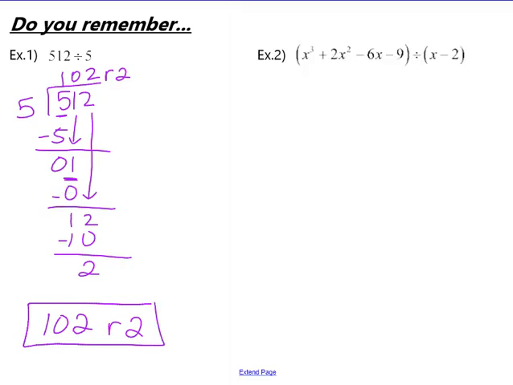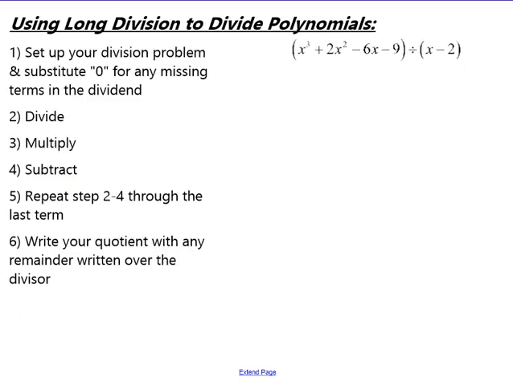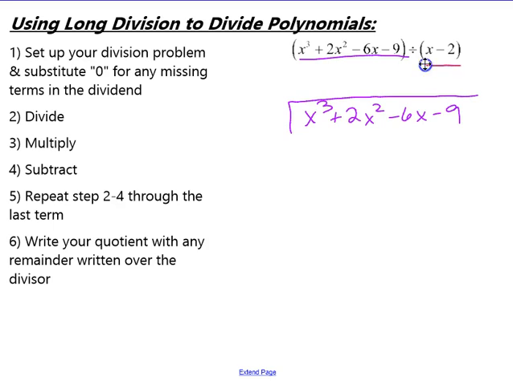So today we're going to learn about how to divide polynomials. Here we want to take x cubed plus 2x squared minus 6x minus 9 and divide it by another polynomial, x minus 2. So let me show you what steps we're going to take to divide polynomials. First, we're going to set up our division problem the same way that we did our old long division with just numbers. You take the dividend, x cubed plus 2x squared minus 6x minus 9, and then we're going to draw our division symbol. Then we're going to take our divisor x minus 2